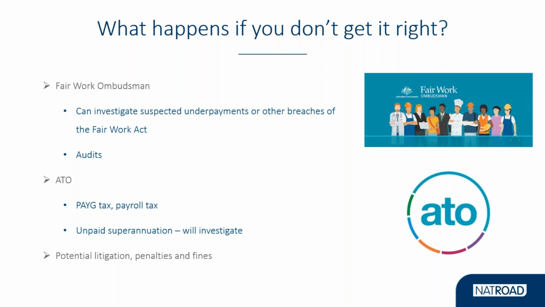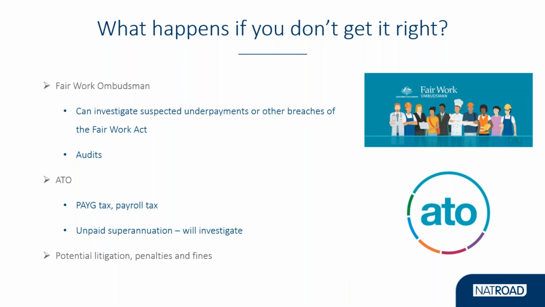Now, just to really put it into the picture for you, under the Fair Work Act at the moment, where there is one contravention of the Act, such as not paying an employee overtime rates or something like that, there is the maximum penalty for an individual involved. So that can be a director of the business, can be a HR manager, can be the payroll person. If they're knowingly doing this, can be up to $12,600 per offence for an individual.